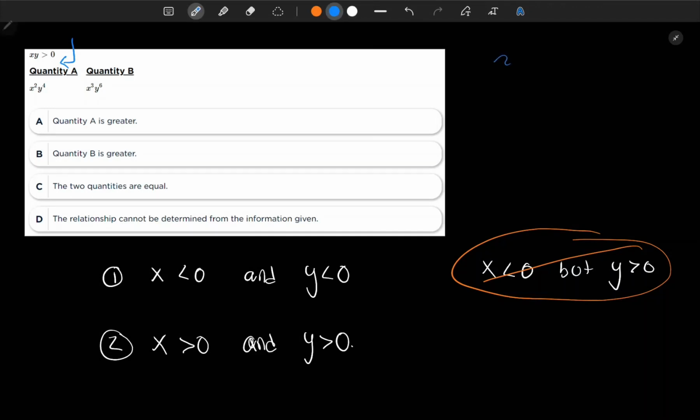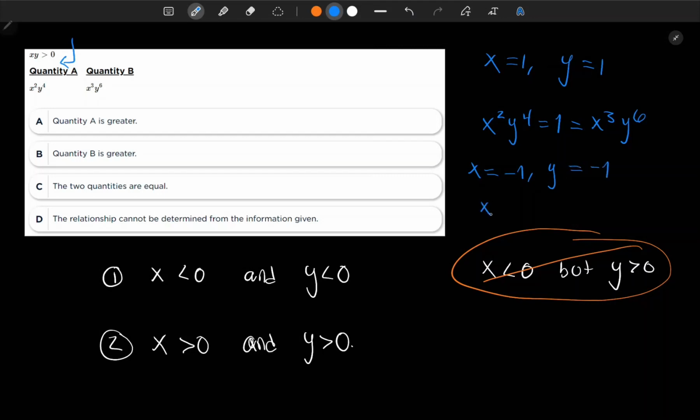Let's say that x is equal to 1 and y is also equal to 1. Then we see that x squared times y to the fourth is equal to 1, and that's also equal to x cubed times y to the sixth. So these are equal. However, if we have x is equal to negative 1 and y is equal to negative 1,